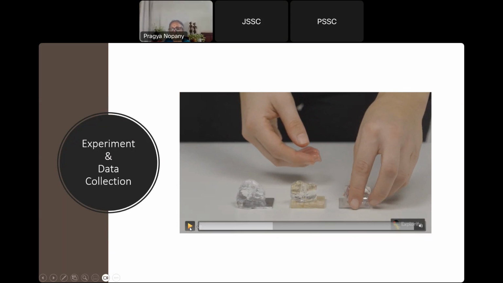Okay, so what has been put on these particular pieces? Yeah, can you tell me right in the chat box what is being put? Ice. Okay. Now tell me what data can be collected from this experiment. Write in the chat box what children could possibly measure in this particular experiment. Yes, there is no sound, no sound in the video. But tell me what data can children collect with this experiment?